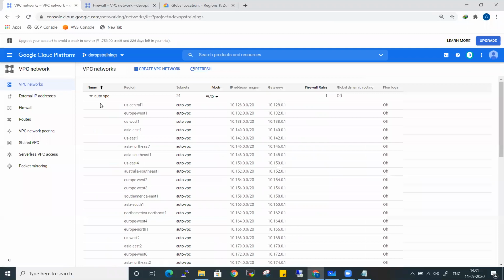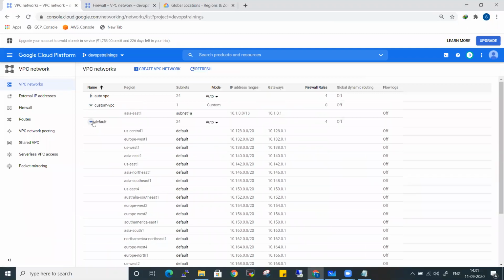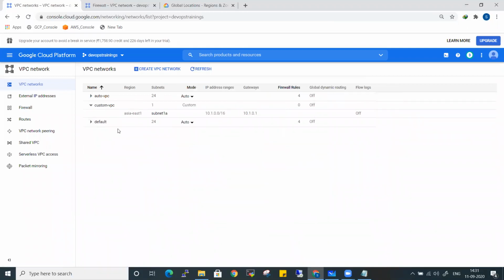So now we have three networks. One is the default that is created during the creation of a project, another is the custom VPC that we created with only one subnet, and this is the auto VPC that we created, which is automatic mode. And if you see, the firewalls got inherited here as we told it to inherit them, whereas in custom mode there is no option because we haven't told it to create them.